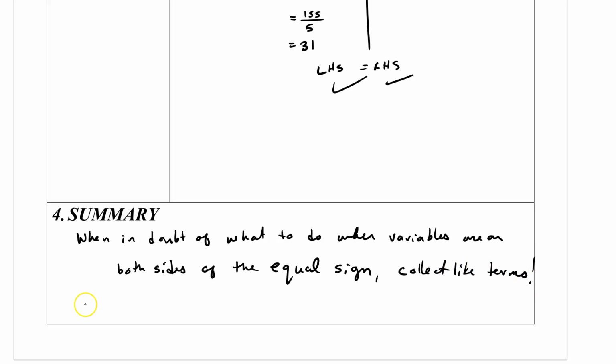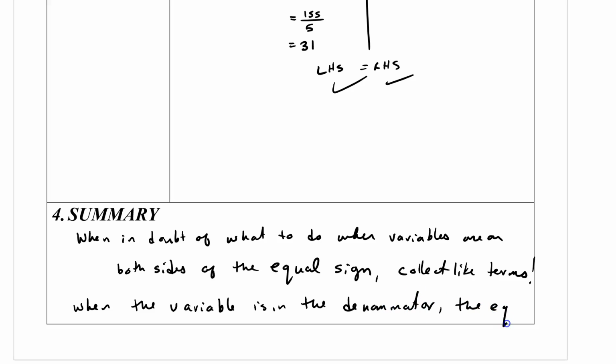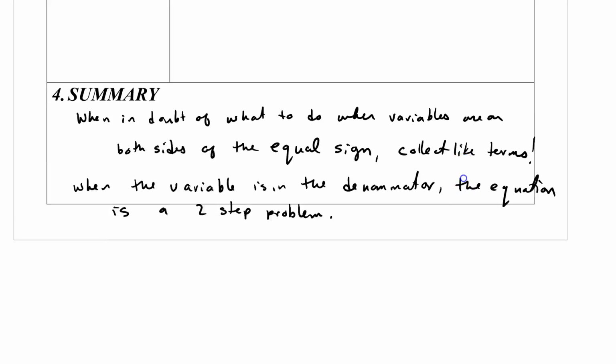We also learned that when the variable is in the denominator, the equation is a two-step problem. What I want you to focus